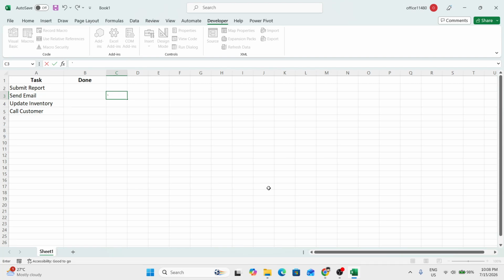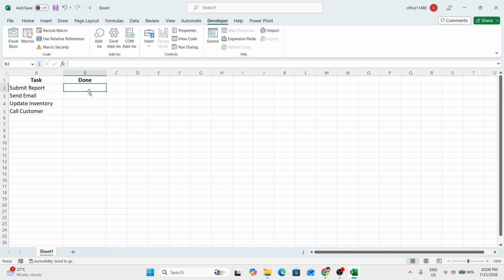In today's video, I'm going to teach you how to insert a checkbox in Excel. If you want to make your worksheet more interactive, adding a checkbox is a simple and useful tool. Checkboxes are great for to-do lists, tracking progress, marking completed tasks, or creating forms inside Excel. In this walkthrough, I'll show you exactly how to add one and how to adjust the label so it looks